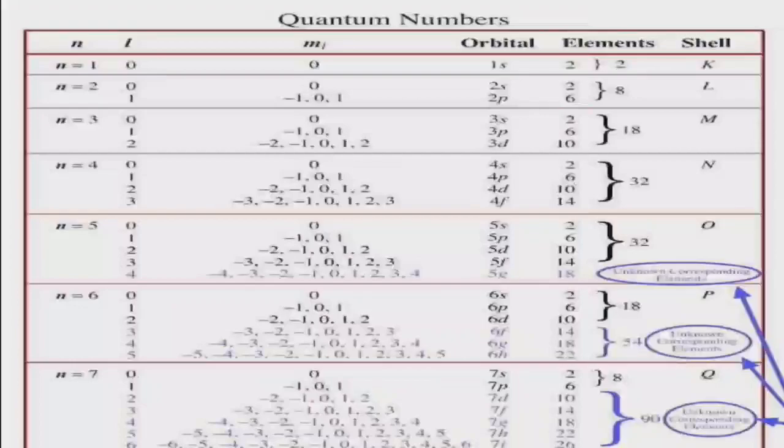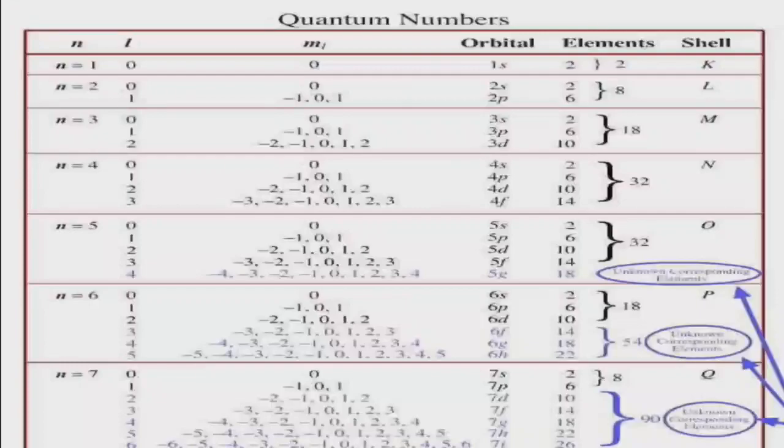So finally we can conclude that in K shell 2 electrons are present. The 2 electrons are present in the 1s orbital. In L shell 8 electrons are present. So those 8 electrons are present in 2s and 2p orbitals. In 2s orbital 2 electrons, in 2p orbital 6 electrons. Already you know an s orbital can hold 2 electrons and a p orbital can hold 6 electrons.